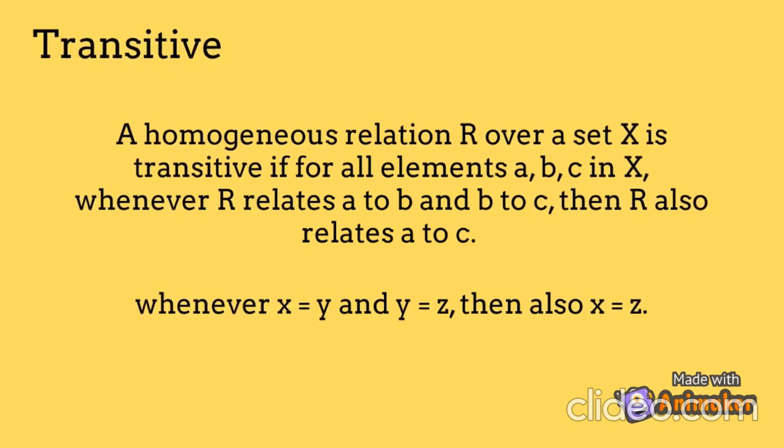We know that transitive is comparing from element to element. Like if we have a set consisting of three elements A, B, C, when R relates A to B and B to C, then R also relates A to C. So from the example below, when X equals Y and Y equals Z, thus